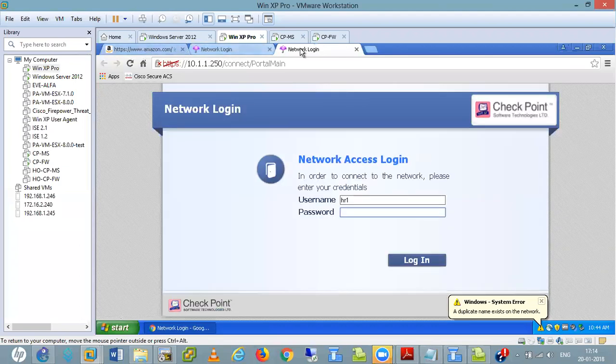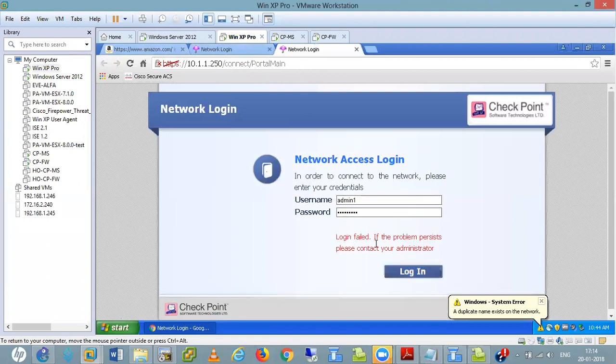See, I am redirected to the captive portal, right? So if I put my credential admin 1 at the 123, login failed, the problem persists, please contact your network administrator. Admin 01? Not 0, it's admin 1 actually.